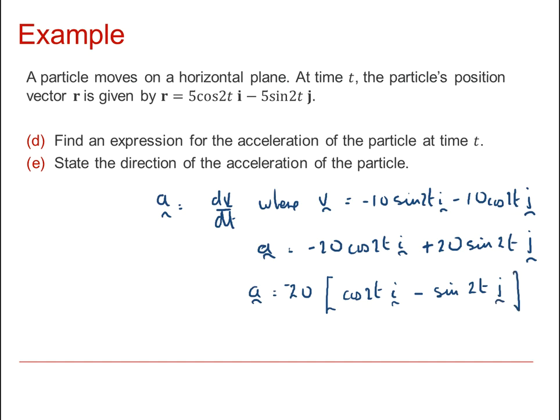And this is an expression which is equal to r. So 5 times that, cos 2t minus sin 2t, is equal to r, so this is equal to negative 4r. In other words, the direction is in the negative r direction, so it's towards the centre of the circle. So in the final part of the question, it's directed